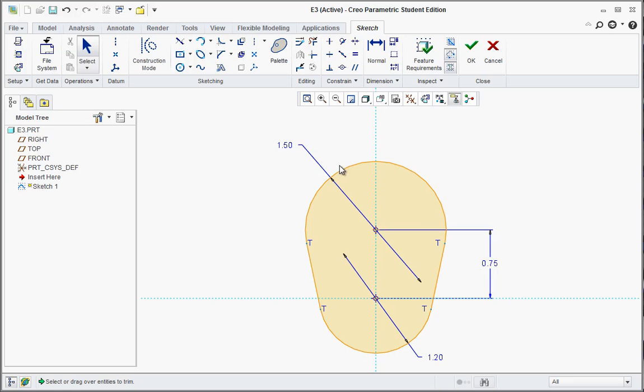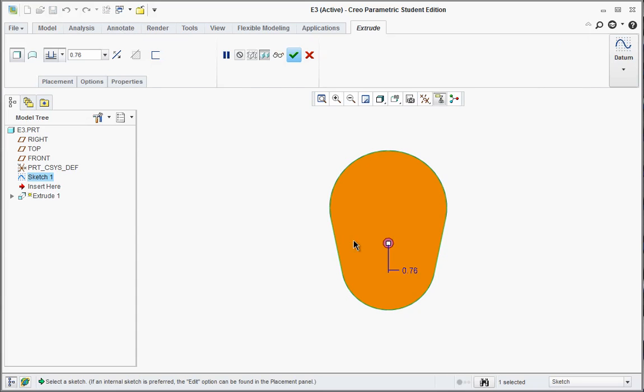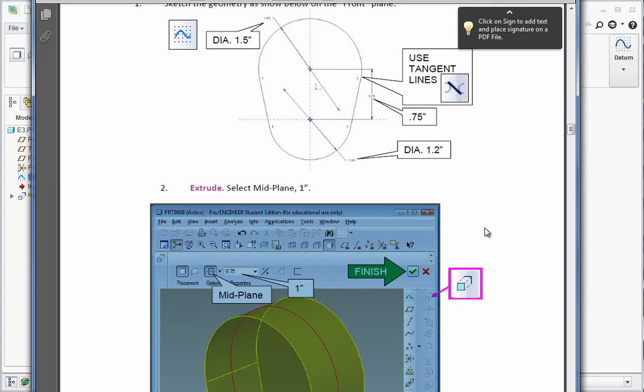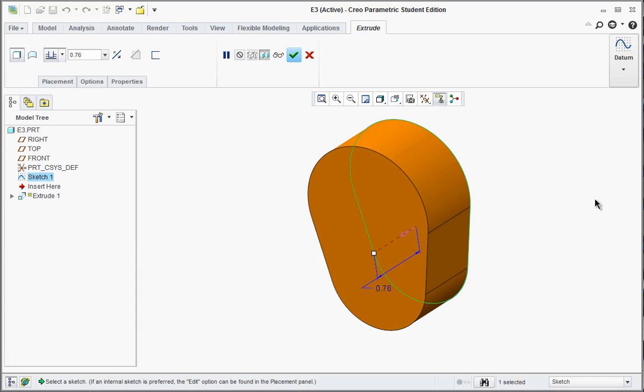Lay out the dimensions, and now you could hit the OK button and extrude. Now with the extrusion here, let's take a look. In this case, we want to extrude it so it's going to be divided a total of 1 inch on both sides. So it'll be a half inch on the front, half inch on the back side of the plane. Instead of doing a mid-plane here, we'll just draw one direction, 0.5,